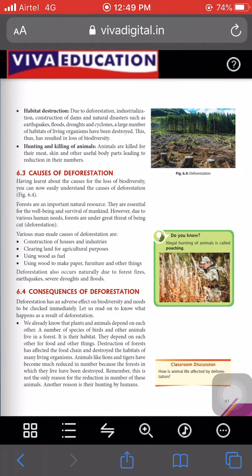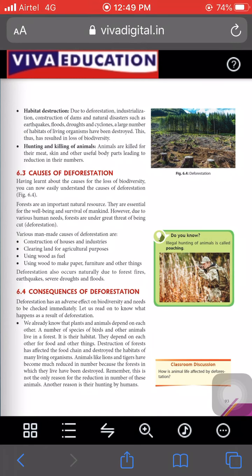Next point is hunting and killing of animals. To fulfill our needs, some of the human beings kill or hunt the animals for meat, skin and other useful body parts, leading to